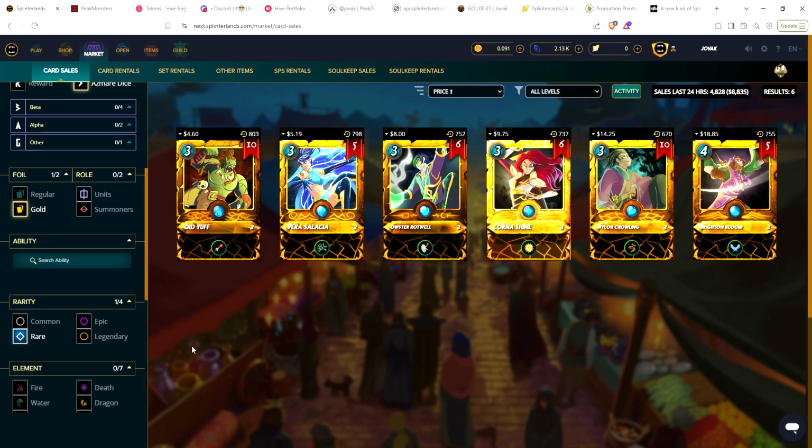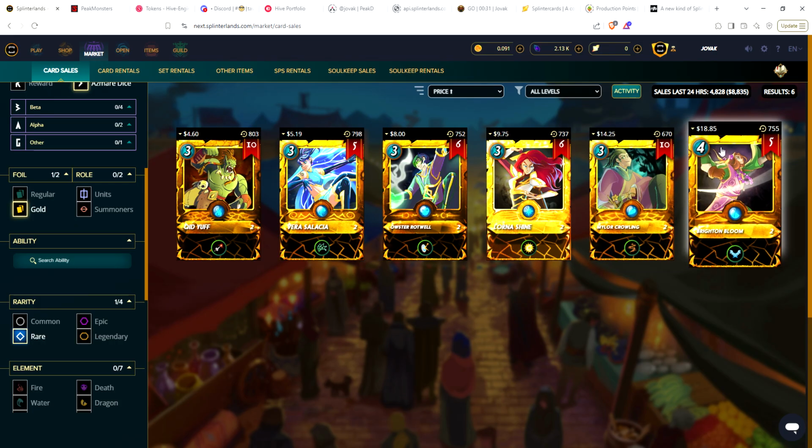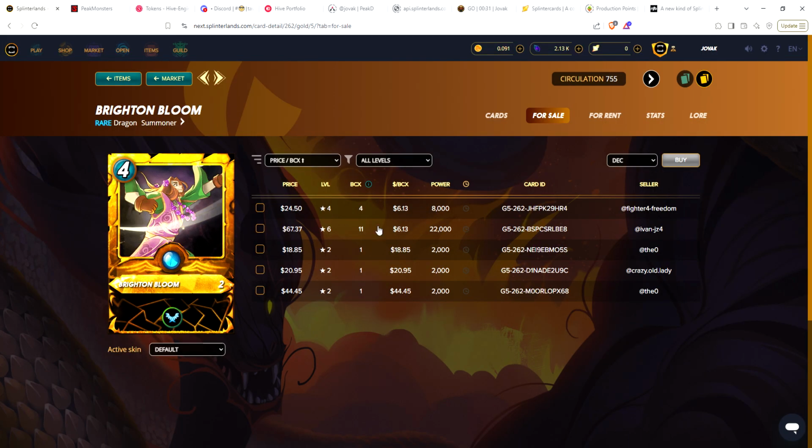Your gold foil rares for your summoners. Surprisingly, Mylor is not the most expensive. He's sitting there at $14.25. Bright and Bloom is at $18.85. 5 copies available. Yep, those are single copies. So a single copy at just under 19, a single copy for 21, and then it jumps for a single